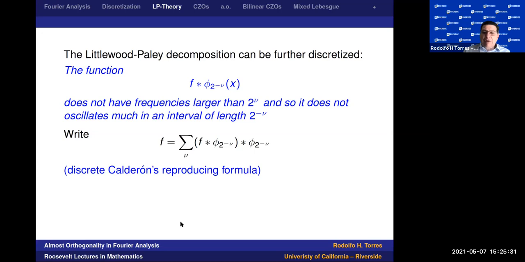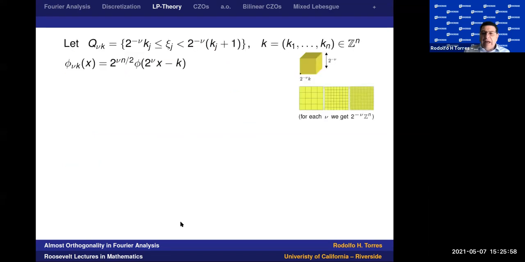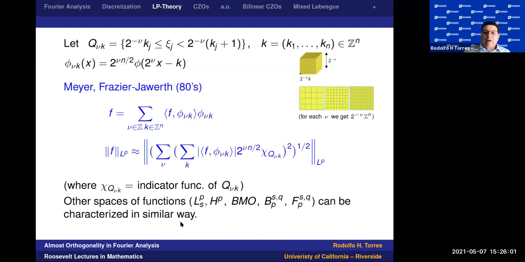So remember, we put that square right in the formula of Littlewood-Paley. That's where this appears now. We want to convolve the function with phi nu twice, because the sum of the squares of these functions phi nu add up to 1. So this is nothing. This is just multiplying the function by 1. But now this is called the Calderon reproducing formula. This allows us to discretize this further and leads us to what we call the wavelet characterization